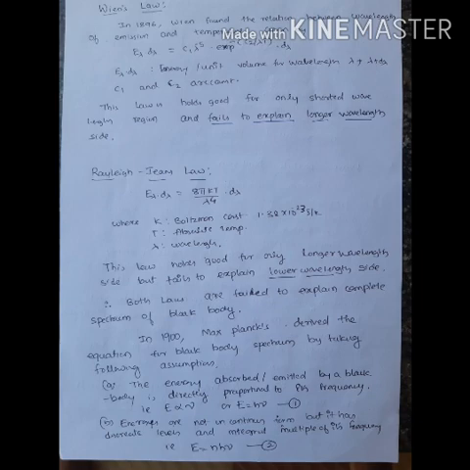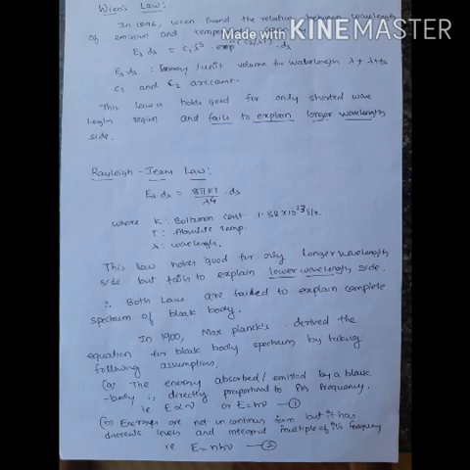In 1896, Wien found that the relation between the wavelength of emission of a black body and temperature is given by the expression E lambda d lambda equals C1 lambda raised to minus 5 times exponential of minus C2 divided by lambda T, times d lambda. In that, lambda is the wavelength, a variable, C1 and C2 are constants, and T is the absolute temperature. This law holds good only for the shorter wavelength side, because if lambda tends to 0, E becomes 0, so total energy becomes 0.